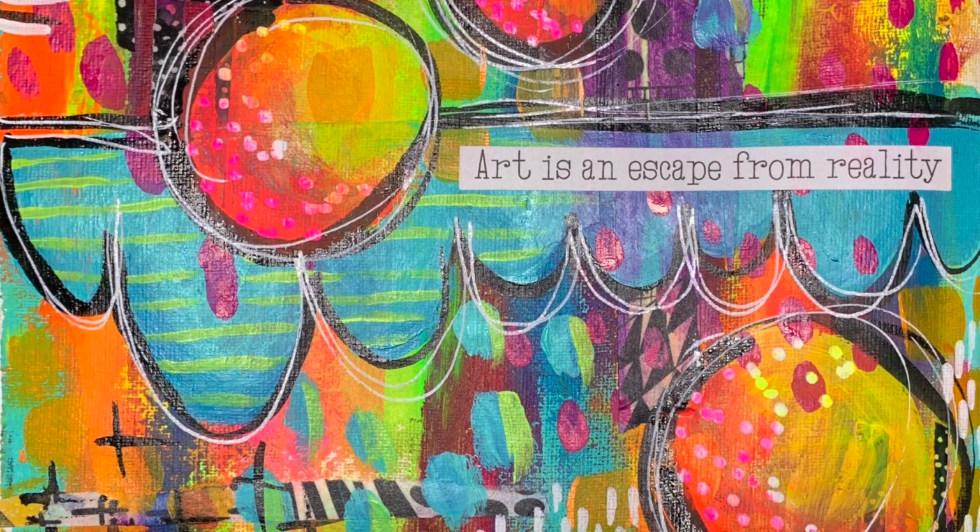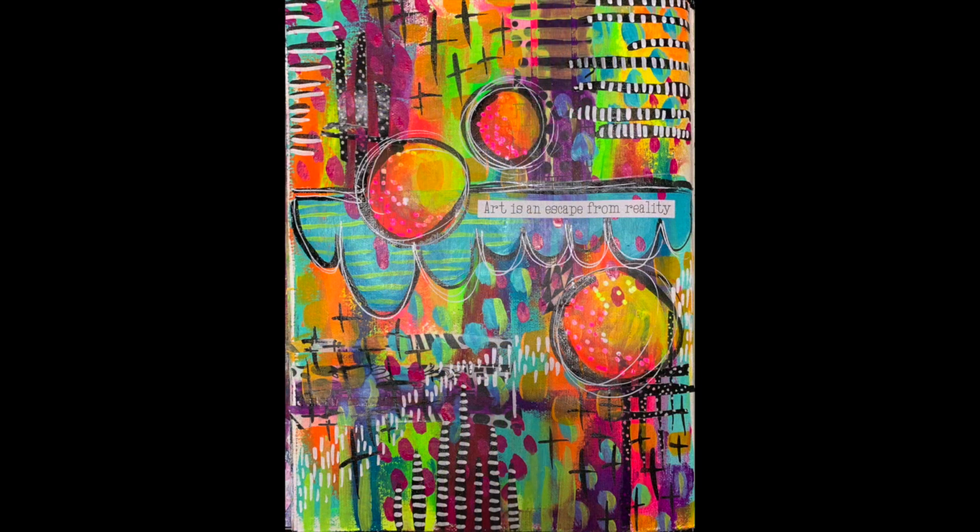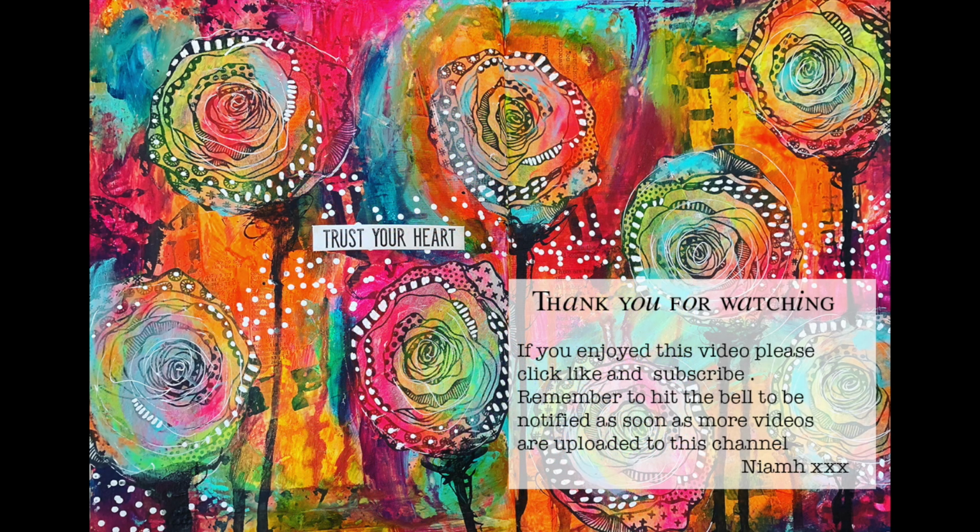So the final thing I did on the page was add that quote, "Art is an escape from reality," because for this night, for me, it certainly was. While it was completely overworked, it was taking my mind off what was actually happening that night. And I needed to keep creating, so that's what I did. So please go and check out Jen's tutorial with her amazing artwork, and then you can compare it to my very, very overworked